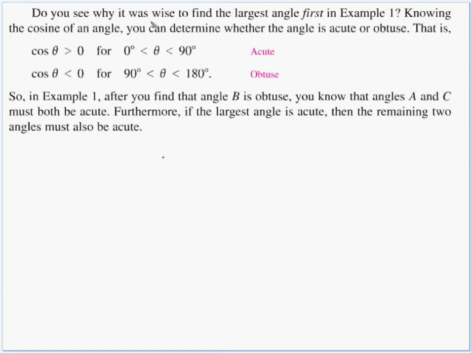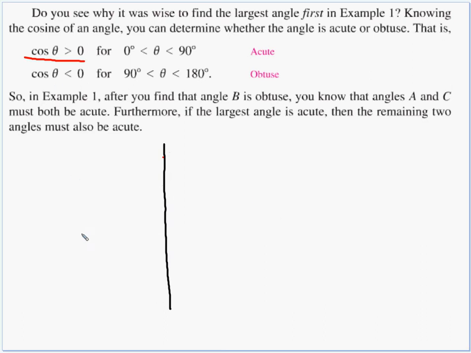Another book says, do you see why it's wise to find that largest angle first in the example? Knowing the cos of an angle, we can determine whether that angle is acute or obtuse. So if cosine is positive, we're in between 0 and 90 degrees in the first quadrant. Think back here,